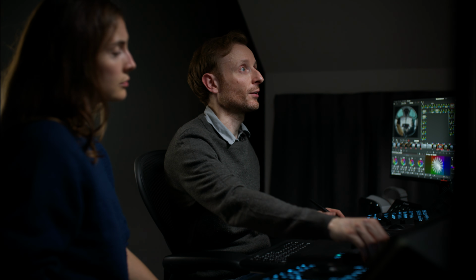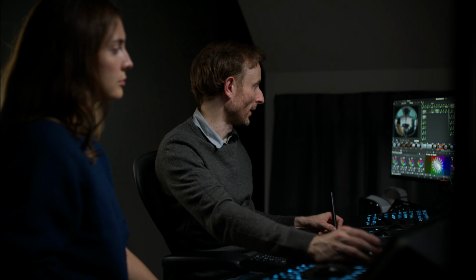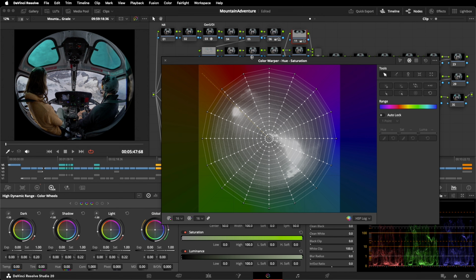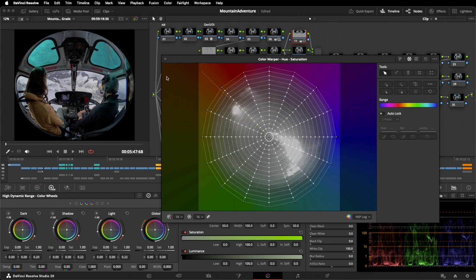I just brought the level up a little bit there. Took a bit of saturation out generally, and then I went to my color warper here using the hue saturation, and we can see here, if we just hover over the image, that we're in this sort of blue cyan-y area. So I reckon if we grab that there and just wind it over there a little bit, take that one and we wind that over too,